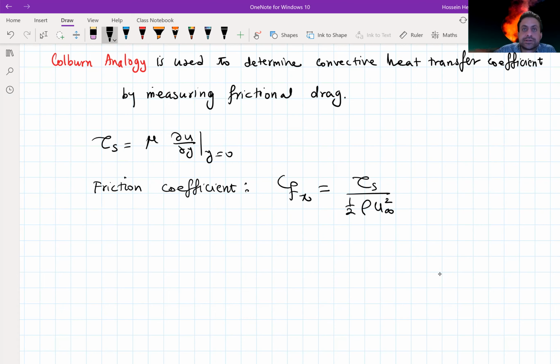Now, through the solution of flow equations inside the boundary layer, we can find this drag coefficient. Cf of x is